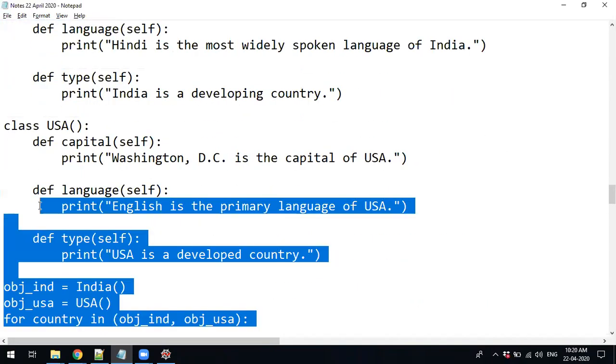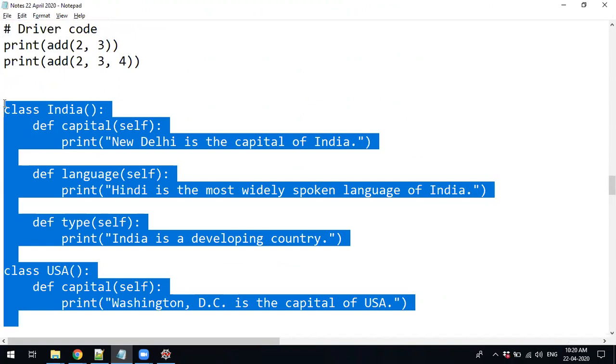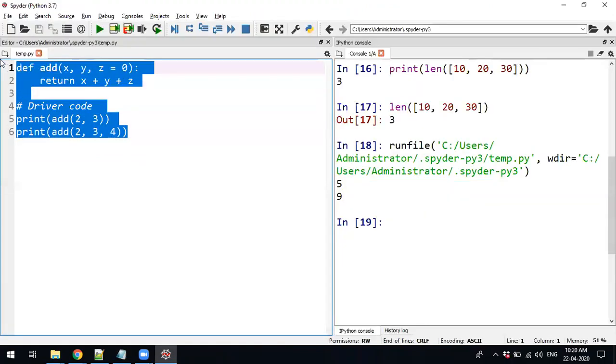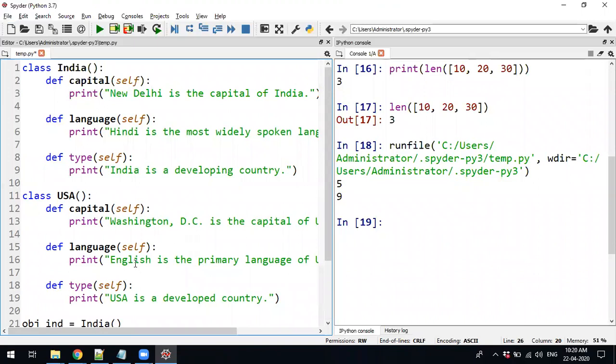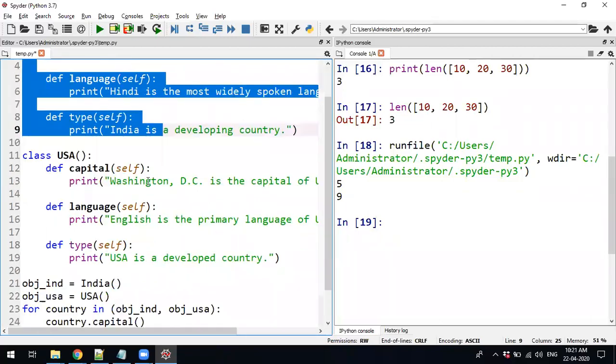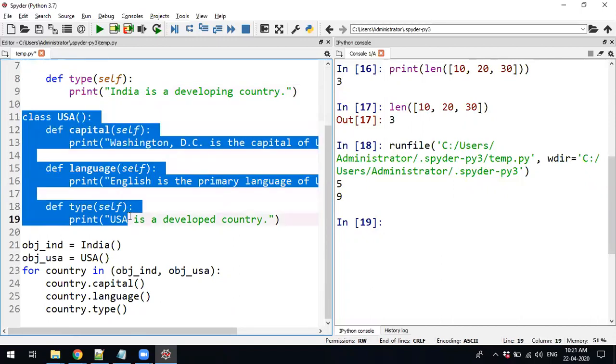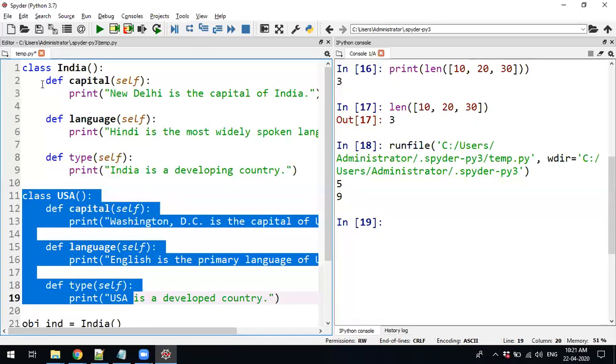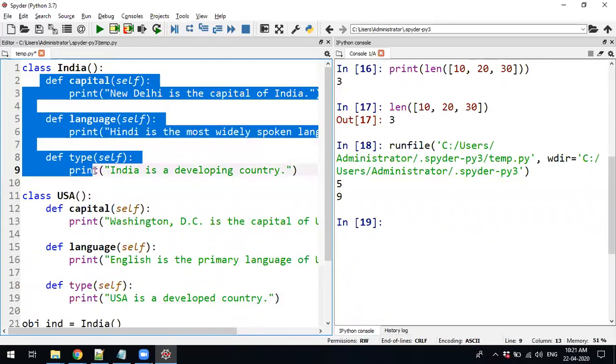One more, see, I have taken 2 classes now. In 2 classes, 3 functions are there. One is India, another one is USA. Both the classes have three functions.